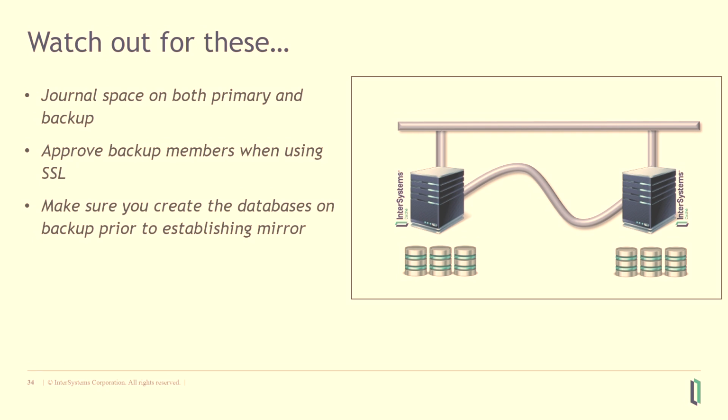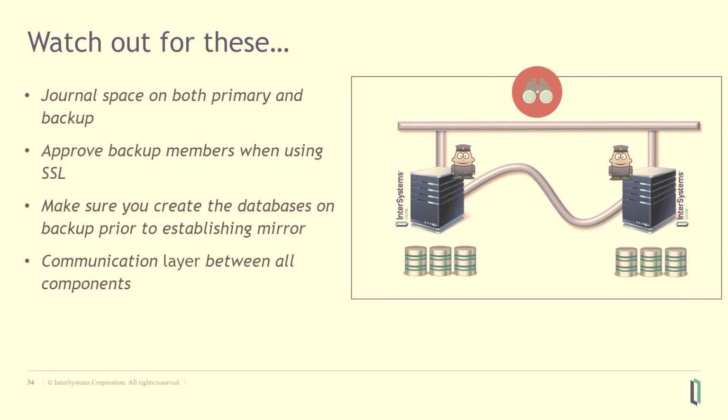And then another thing that people sometimes run into when they are setting up a new mirror, if they haven't done it before, is you can't actually restore these databases from the primary to the async or backup until after you've created the mirror. Because when you create a mirror and add a database to it, it keeps track of exactly where it is. It has checkpoints in it. That's how we make sure that everyone has the same copy of the data. And if you back it up before it joined the mirror, then that doesn't really work.